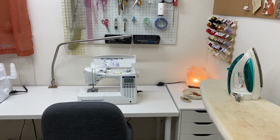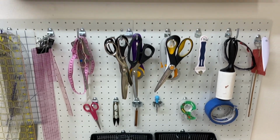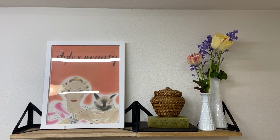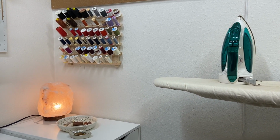For the decor, I wanted to keep it fairly minimalistic. I put the pegboard up that I had in my sewing loft for easy access to most of my tools. Above the pegboard, I just put some shelves that I already had for decoration. This is a vintage magazine cover that my sisters gave me one year for my birthday. I have some vintage books and some seasonal flowers in a little vase. And then of course I have my thread rack, salt lamp for ambiance,